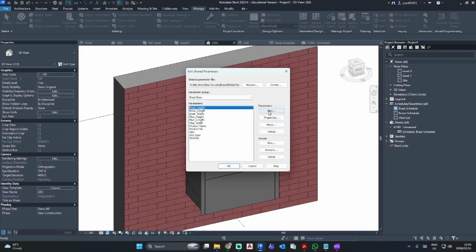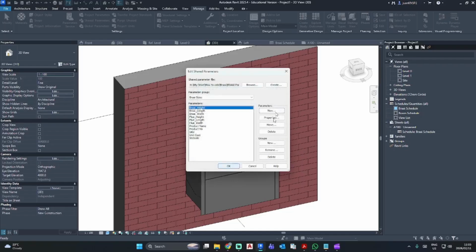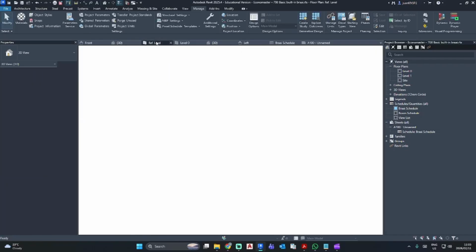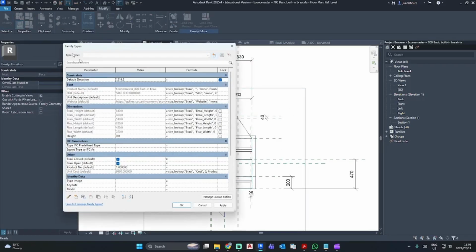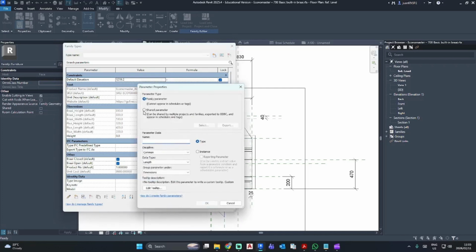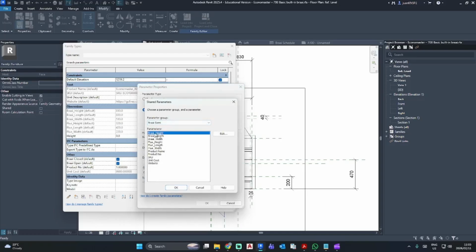Please ensure that when you go new, the data type is the exact same as what you have created within your family. So then if you go into your family, you'll go family types, you'll go create new parameter, click on shared parameter, change it to instance, go select, and just select that parameter.